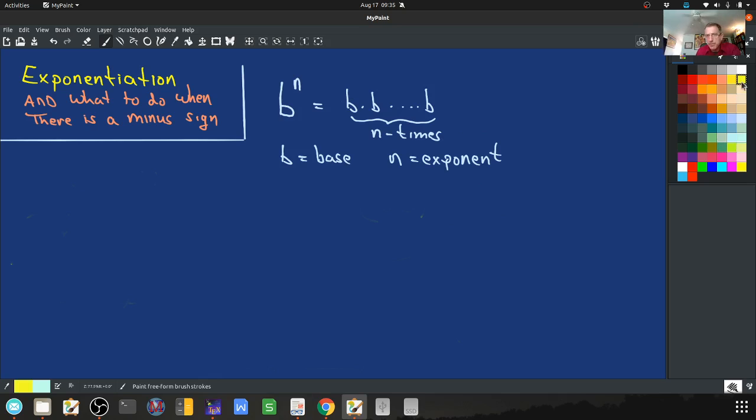For example, 2 cubed is 2 times 2 times 2. We call the number that is being multiplied by itself the base, and the number of times it's multiplied the exponent. The problem is what happens when you have something like the following: